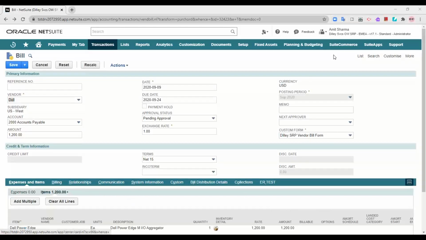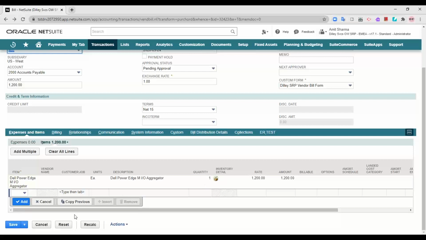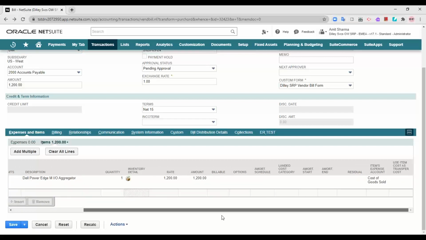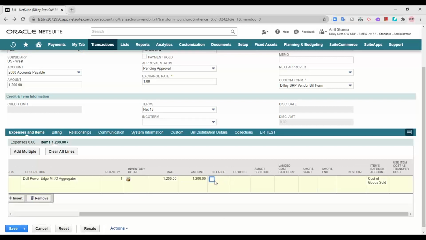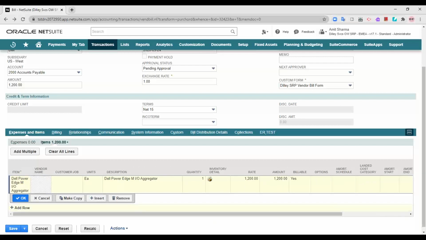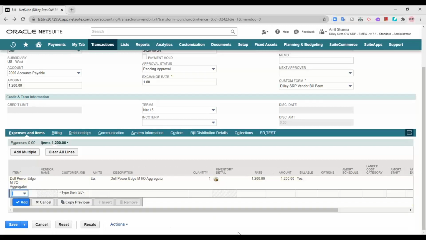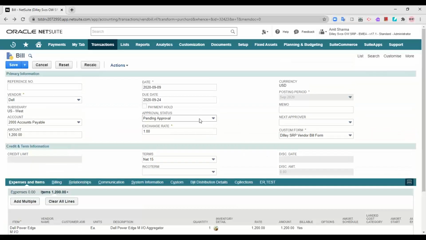Just a moment, I haven't provided the serial number option over here. Yes, so now I'm going to save the bill.